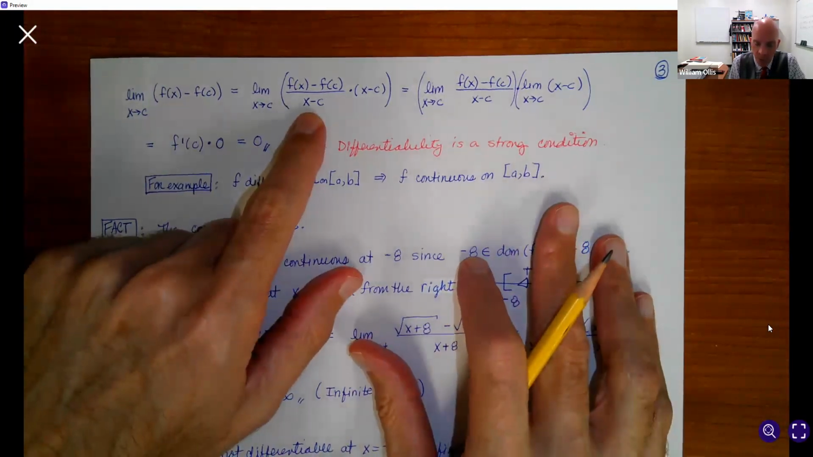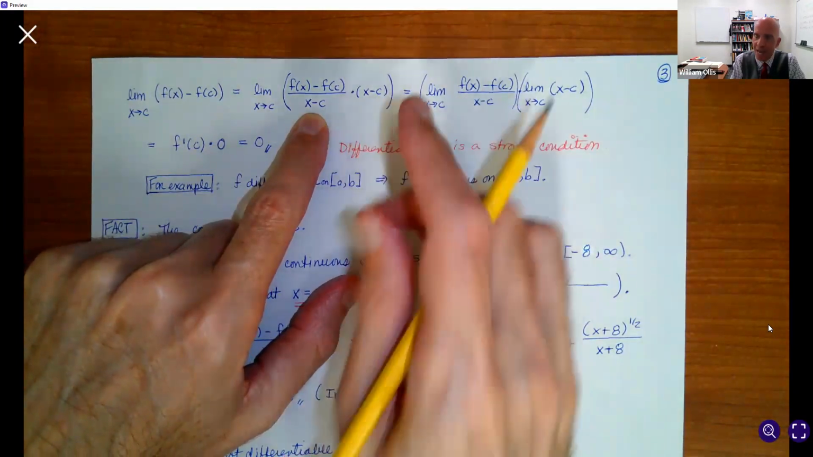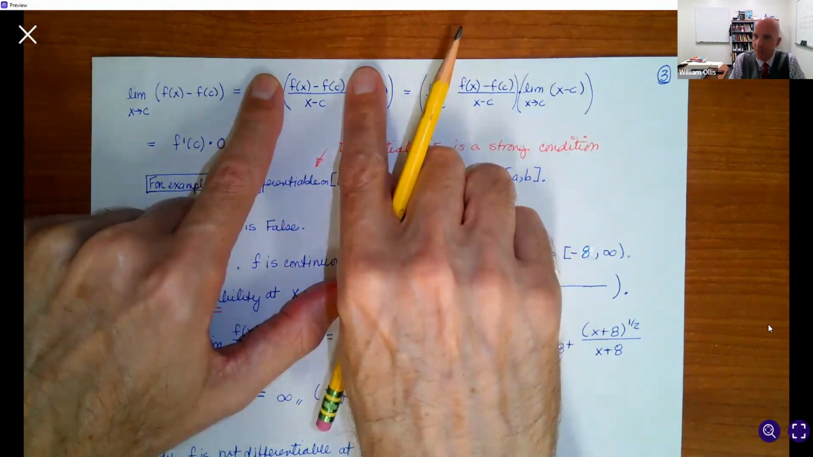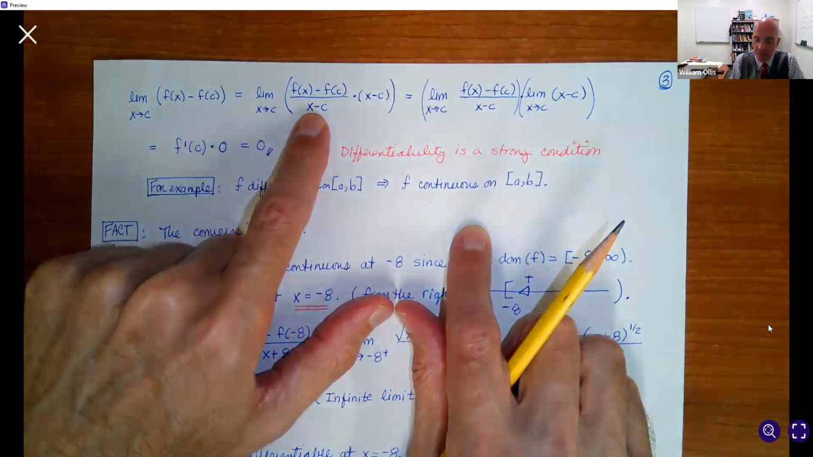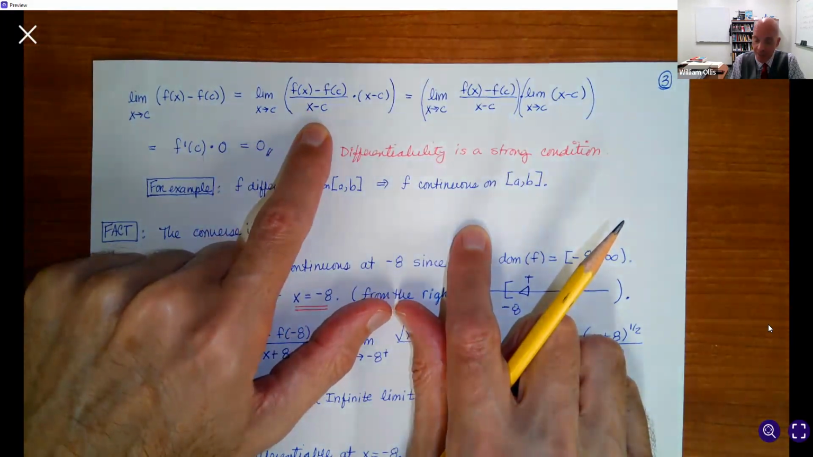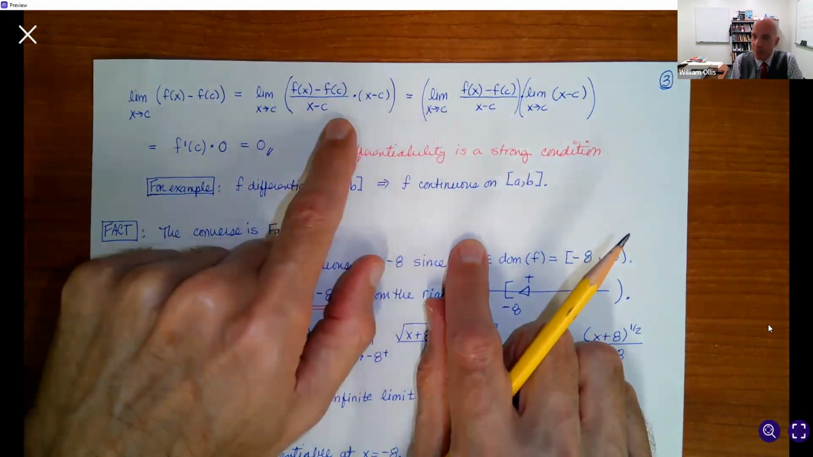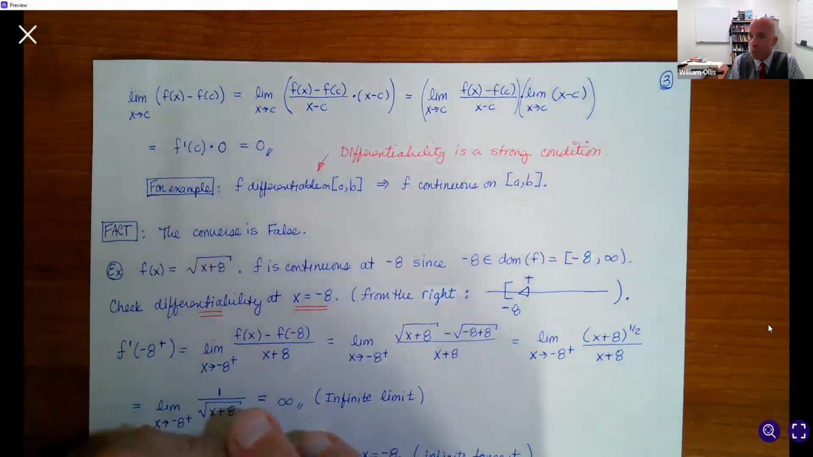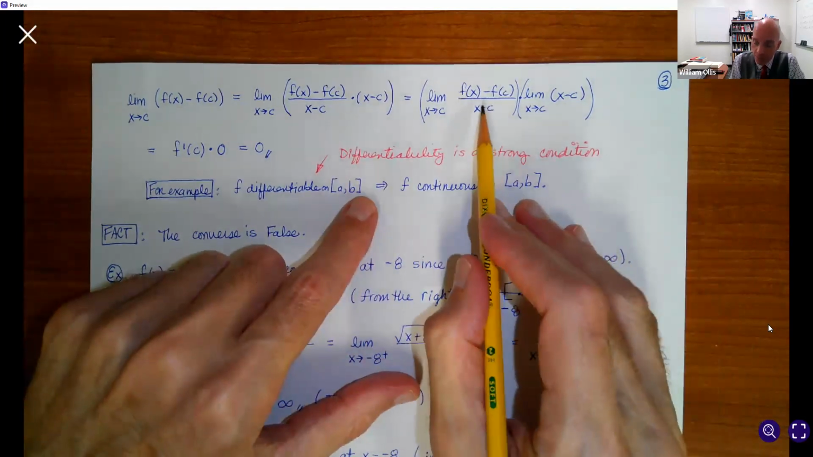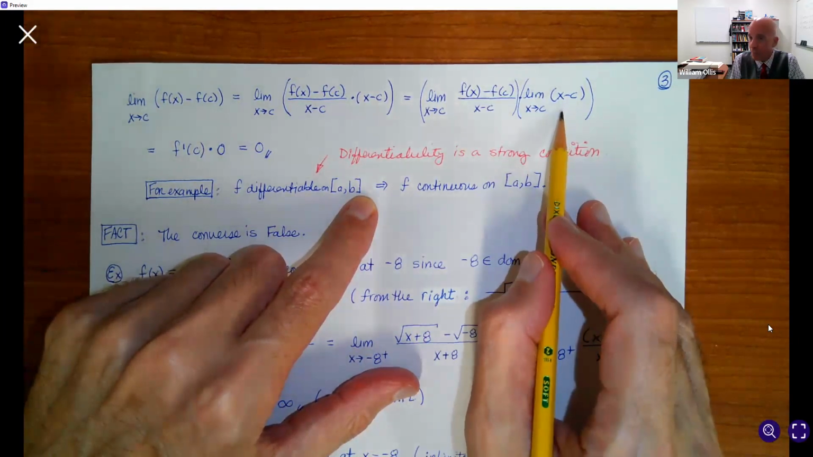So what we do is multiply and divide by x minus c, because that will give us the difference quotient for the definition of derivative. So now we have the limit as x approaches c of f of x minus f of c divided by x minus c, times x minus c. Then we can apply the limit of the product being the product of limits, as long as we know the individual limits exist. And we do. We know this limit exists by hypothesis, and